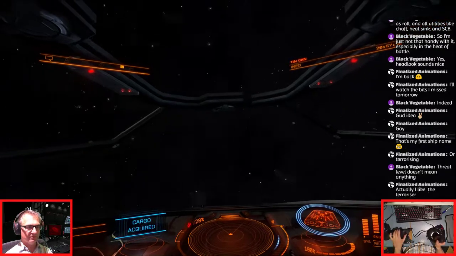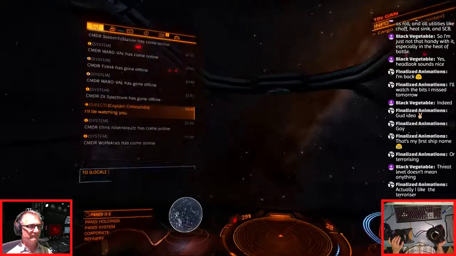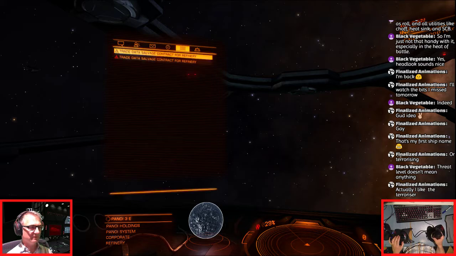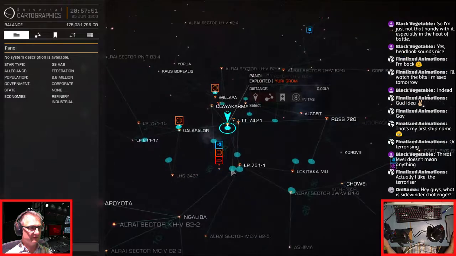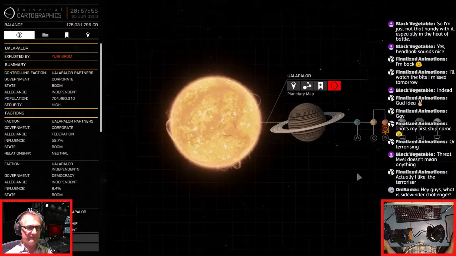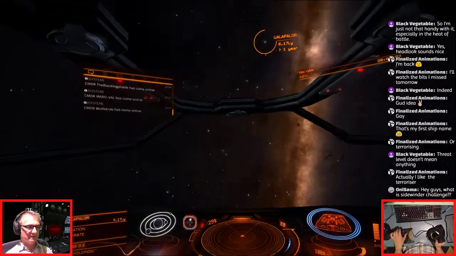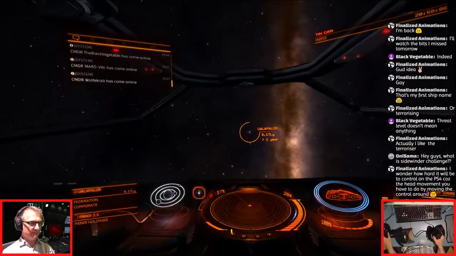Right. Retract cargo scoop. Cargo scoop retracted. Now then, we need to get back to Anderson Terminal. Where is that? It's just in here. And back here, Anderson Terminal. Job's a good un. I thought this was going to take me ages. And I'm not back yet, but...